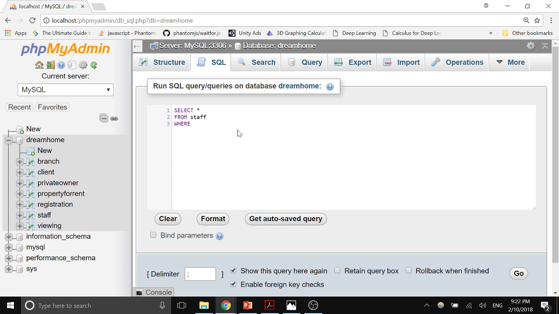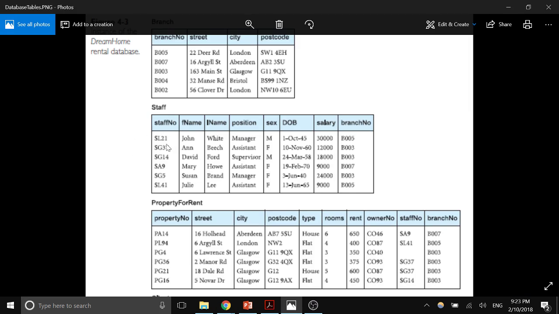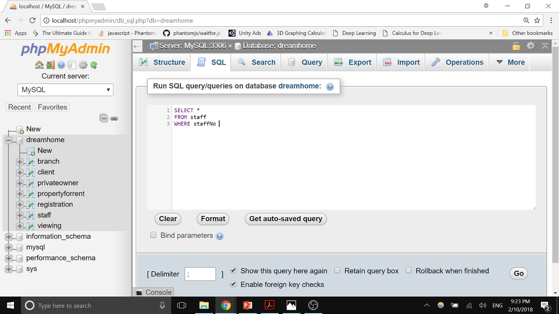where staff number, check staff number starts with SG. Staff number LIKE, now open the single quote, and we're going to put SG and then the percentage sign. Now this means that